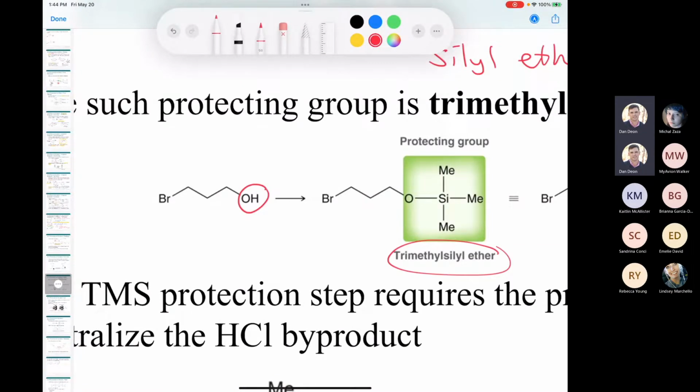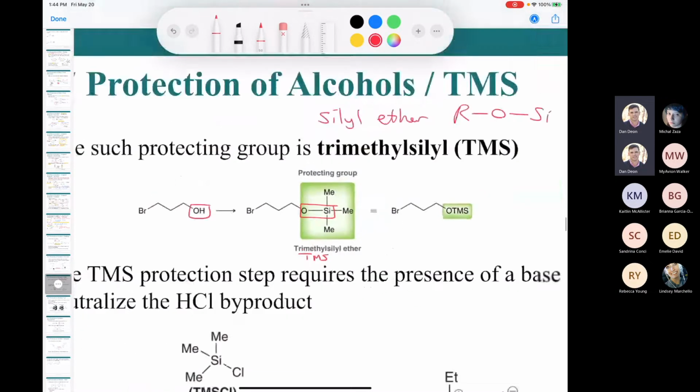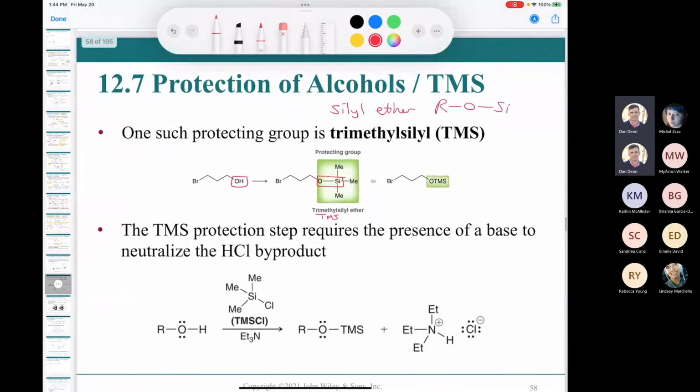The silyl ether that we make is a trimethylsilyl ether. So instead of having the oxygen bound to a hydrogen, now it's bound to a silicon. The abbreviation or acronym that we use for the trimethylsilyl ether is a TMS group. So instead of OH, we have OTMS. There's our silyl ether. Now, how do you make the silyl ether? The way that you make it is to take the alcohol, here's our alcohol, and treat it with